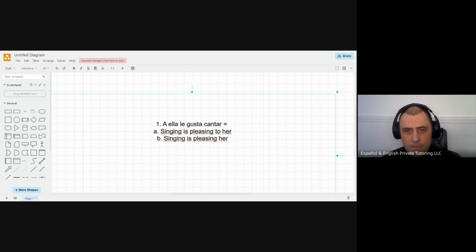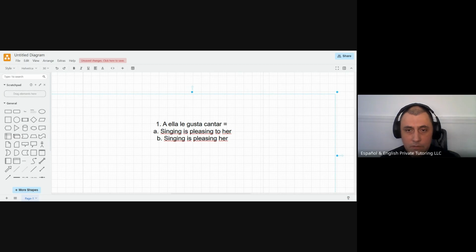An indirect object is the part of the sentence that receives the action of the verb indirectly. So in this sentence, she's singing what? It's understood that she's singing a song or something. We don't have to specify it in the sentence. So the action, I'm sorry, singing is pleasing to her. The action of pleasing, ayer le gusta comer. So yes, singing